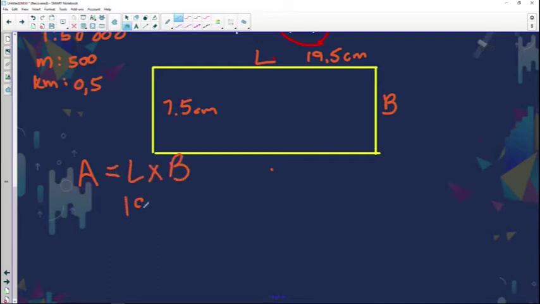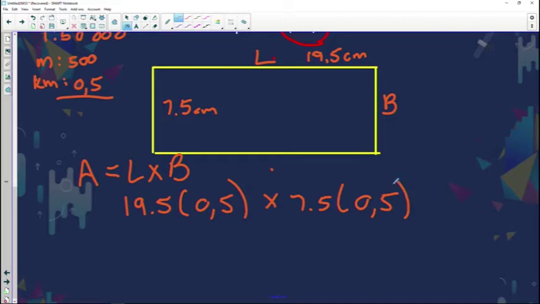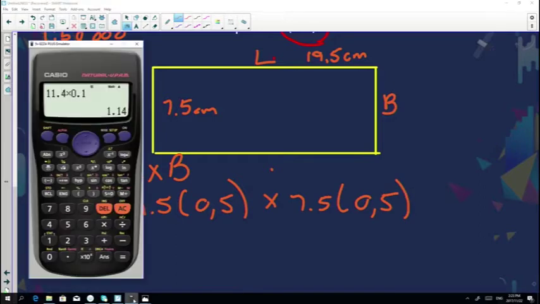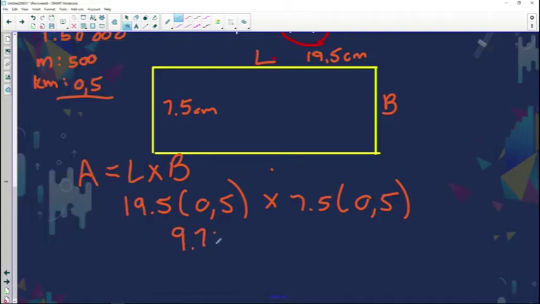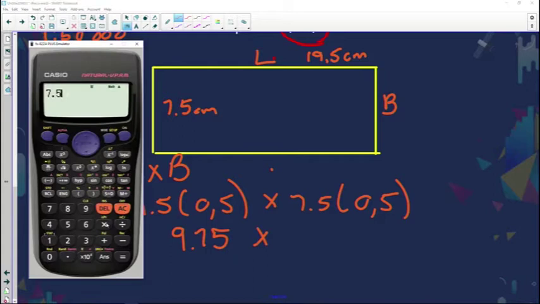So it's 19.5 centimeters. If I want my answer in square kilometers, what do I times it with? 0.5 times 7.5 times 0.5. Quickly go and use our calculator. 19.5 times 0.5 equals 9.75, times 7.5 times 0.5 equals